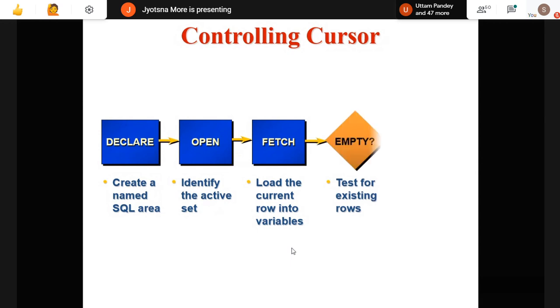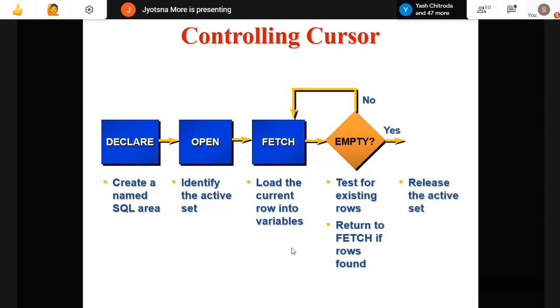So fetch that data. Test for existing row. Test whether other rows exist with the same query or same data. Check for that result with the fetching part. If no, return to fetch if a row is found, and exit if no data is found. Release, that is close the cursor, release the active set. Okay, whatever temporary set you are using, release it. Now no data is found, so I don't require this data. So release it, close the cursor.